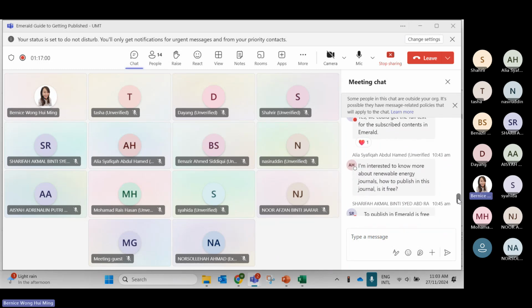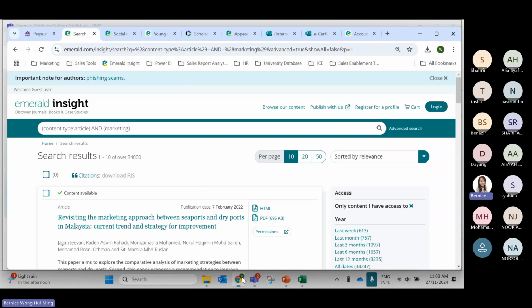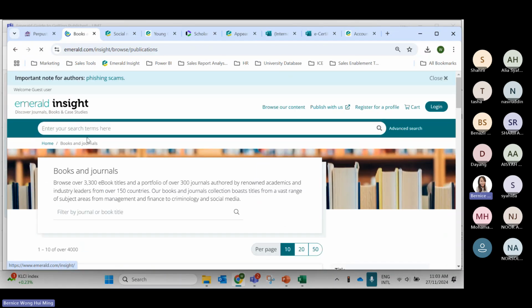I'm interested to know more about the renewable energy journals. So, Alia, if you are talking about the renewable energy journals, how to publish in this journal? Is it free? I think you can go back to the steps that I guided you through just now. Maybe you can type renewable energy. Is there any article published before from here?